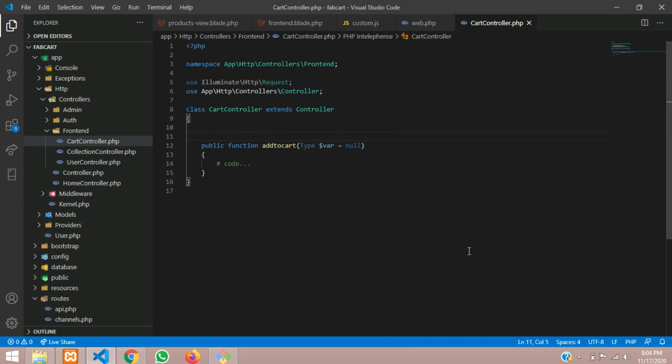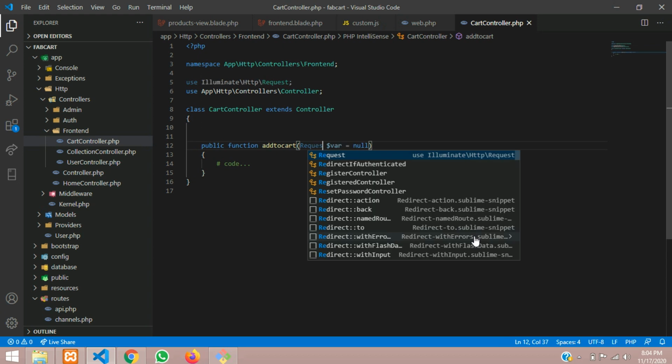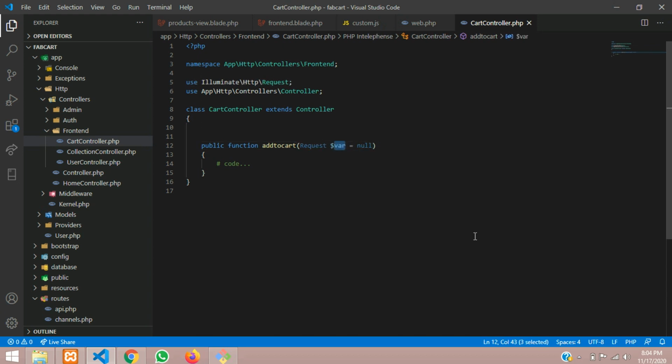Now whatever request we are getting, we will pass it. So type $request, and these attributes just remove. And now we have to start the coding to store the data into the cookie.